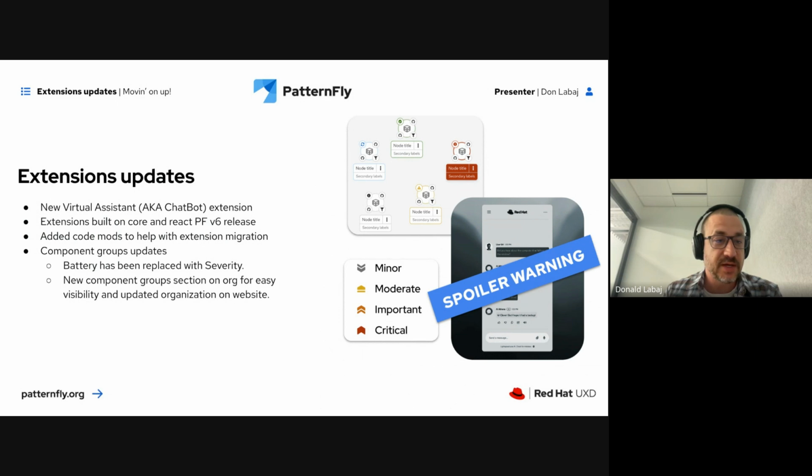Some updates that we do have is severity has now been replaced with the battery component. And we've moved some of the sections around. Component groups used to be under the extensions, but now it's at the top level, so you'll find it there. It has more detail and more information in there, and has been rearranged to better suit the layout of grouping